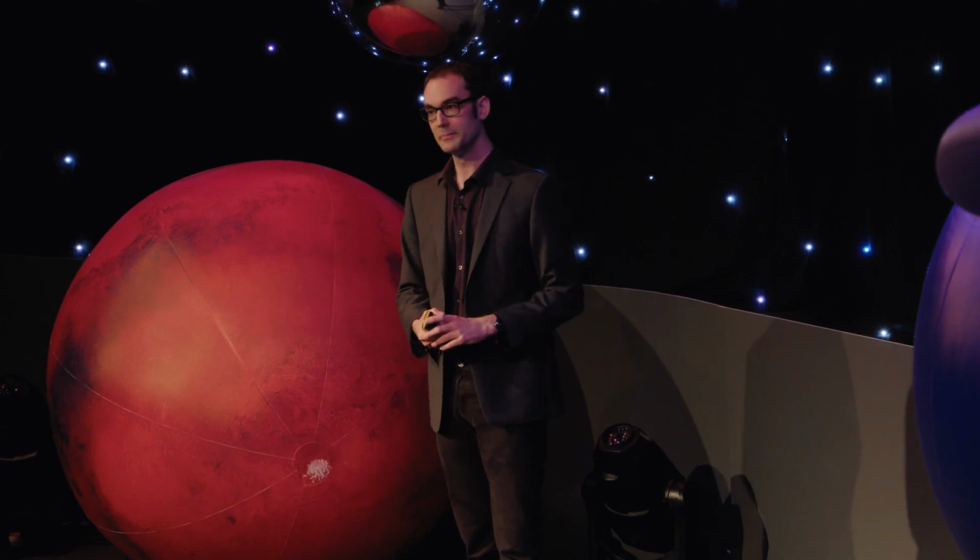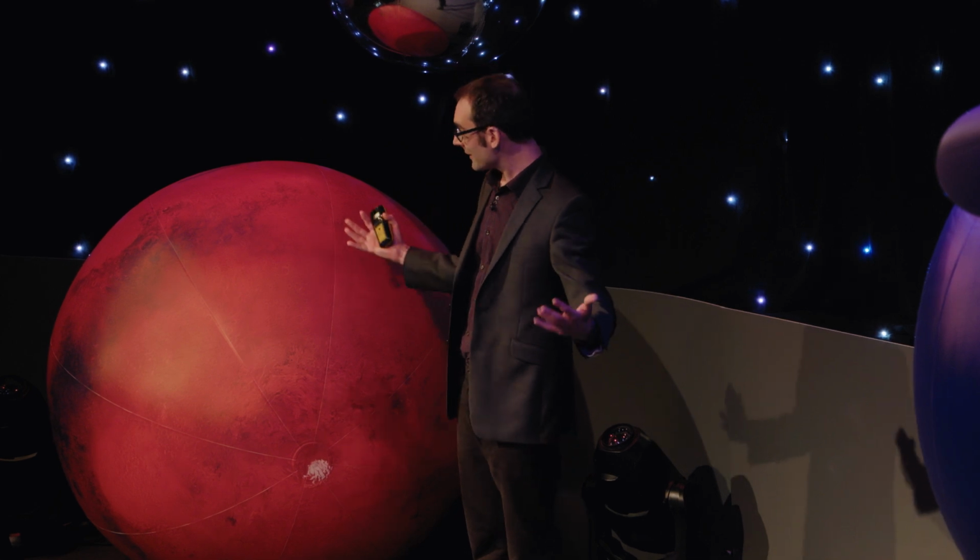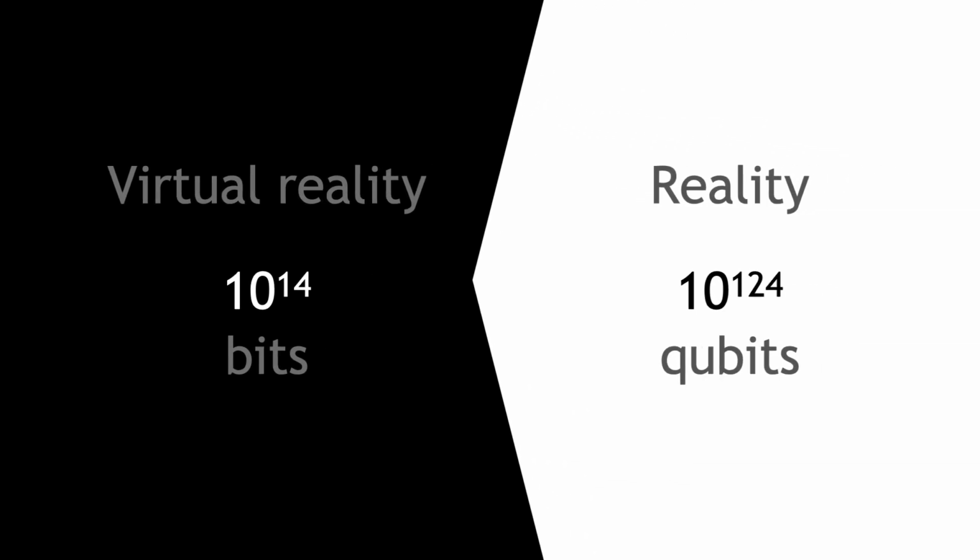So the virtual reality that I've shown you, the best we can do, uses about 10 to the 14 bits of information. It turns out that we can use physics to estimate the number of bits of information that it takes to describe and process our universe as a whole, and that number is quite a lot bigger. It's 10 to the 124, and it's not bits, it's qubits. So you have to do this on a quantum computer, not on a classical computer. Quantum computers that are capable of doing this are clearly a long way off. Nonetheless, some people have speculated that maybe it's just a matter of time.